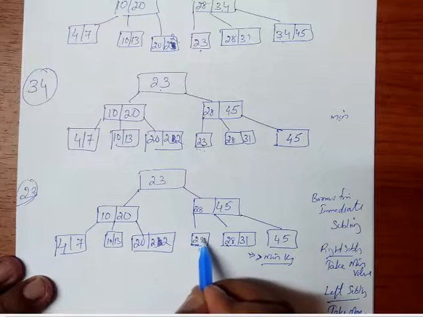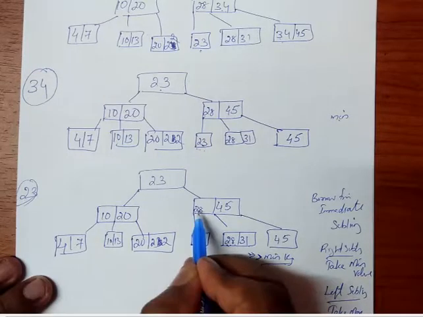So we place it in the empty position, but here you can see that it is present as the parent in the higher level. In this example we are using the right biasing of B tree. Right biasing of B tree means that the left child values must be less than the node value, and the right child values should be greater than or equal to it. So the 28 was there in the parent.